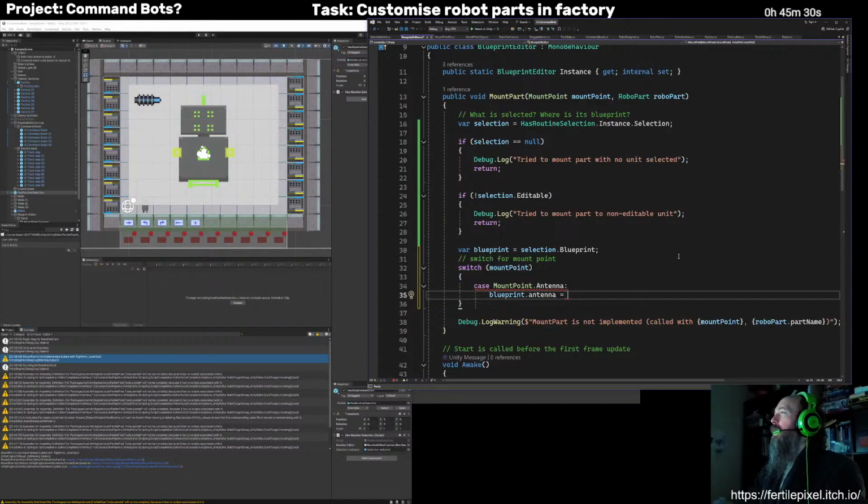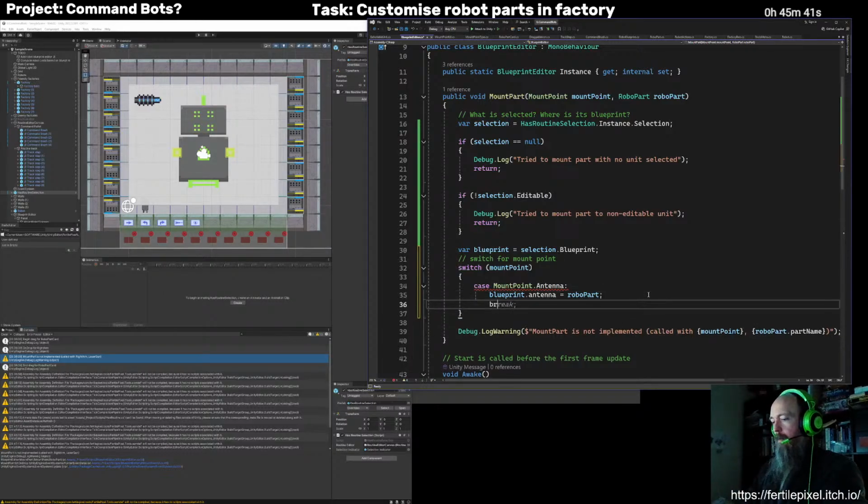And now we're going to set a RoboPart. Does that seem right? Yes. Now, that's it for that case. And then just the same thing for every other case.